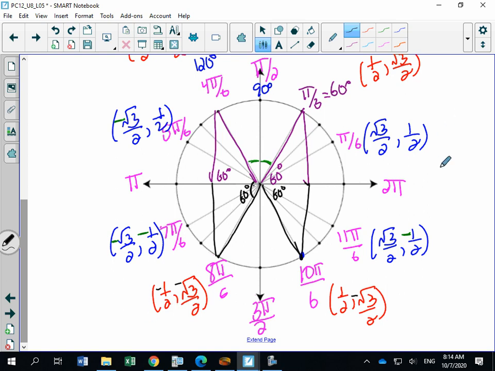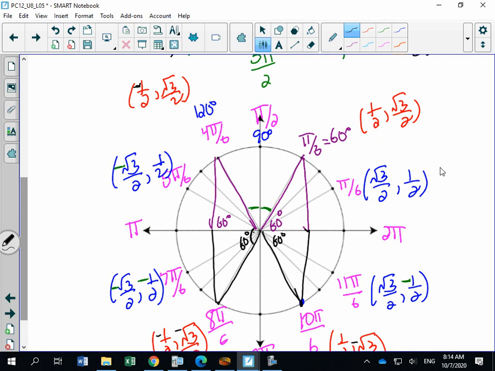The last trick that I wanted you to see is as follows. If you look at the 60-degree special triangle, it is actually the exact opposite of the 30 degree. So this 30 degree is root 3 over 2, 1 over 2. The 60 degree, these coordinates are just reversed. So what I often tell students is